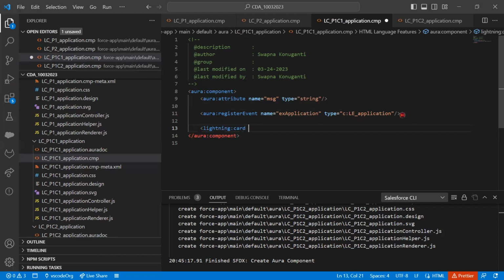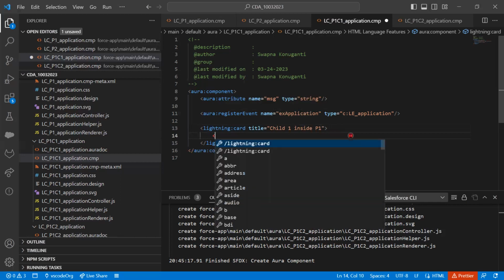So let's say that card title equal to, this is child one. This is a child one inside the parent one. Now inside this, I'll be creating a button because I need to fire